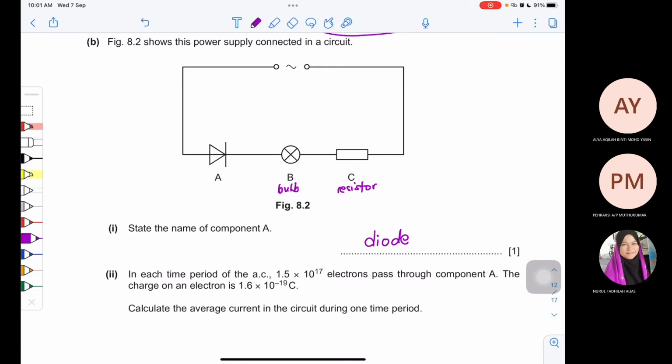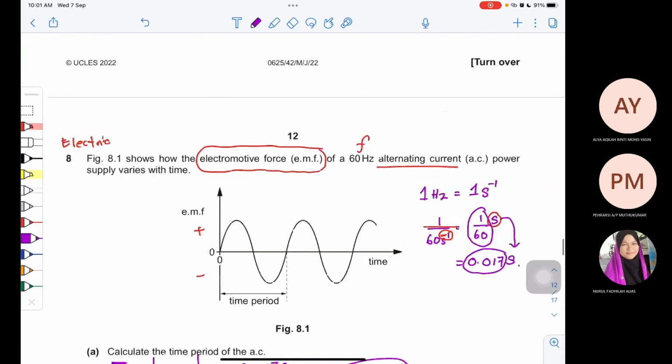Okay. In each time period of the AC, 1.5 times 10 to the power of 7 electrons pass through component charge. Okay, so this one, okay, dalam topik electric,